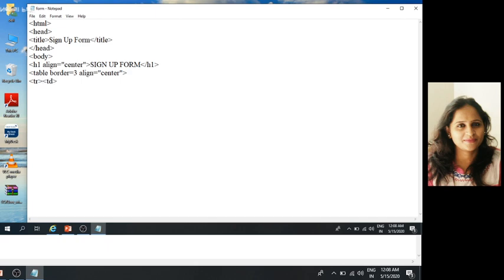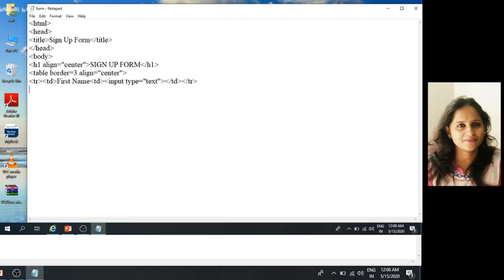First name will be put in the first TD, and the input type needs to be put in the second TD. Type text means it creates a text box, and after that close TD and TR.